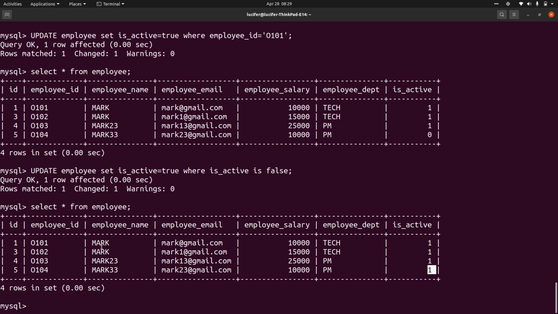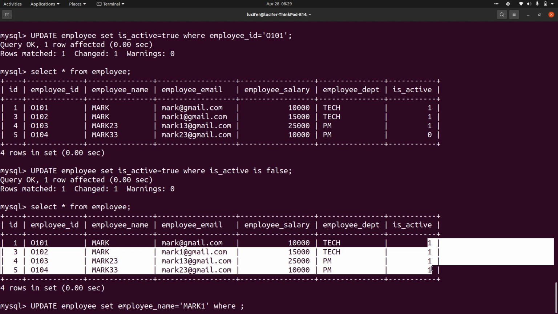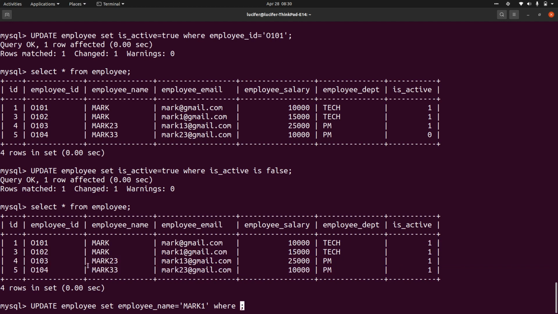And we can also change employee names. Similar commands. We are setting employee name equal to, let's say, mark1, where, so here we are only setting for this particular row. You cannot use is active because is active has the same values for many rows.